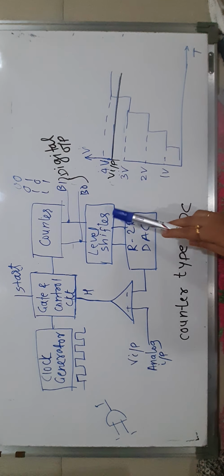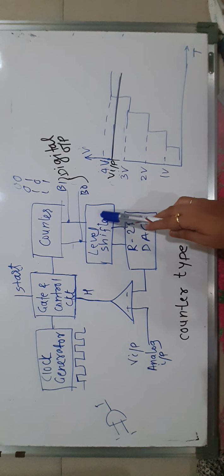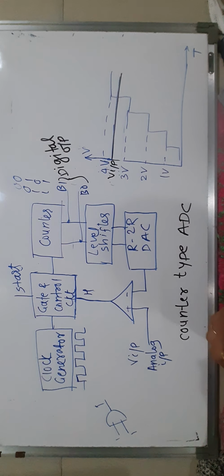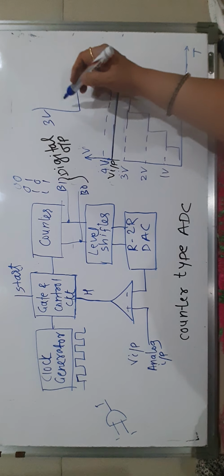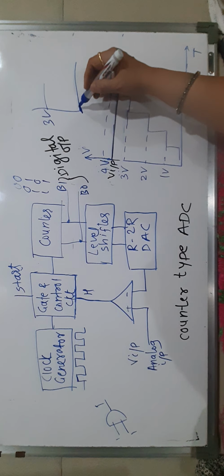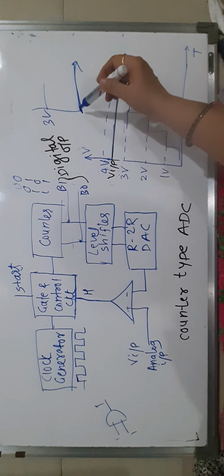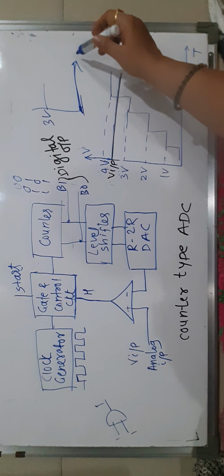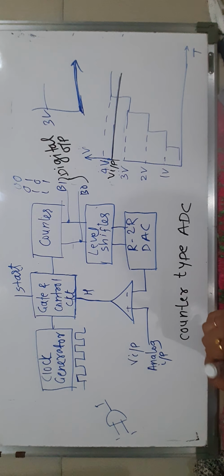Okay, now a level shifter is there. If the DC level of the output changes, then the level shifter brings the output back to 0 level. It means if the output is 3 volt and it is not exactly at 3 volt, if the level is disturbed and it is not at ground level, then it is necessary to bring the main line or base line onto the axis line. So that's why we use a level shifter circuit.